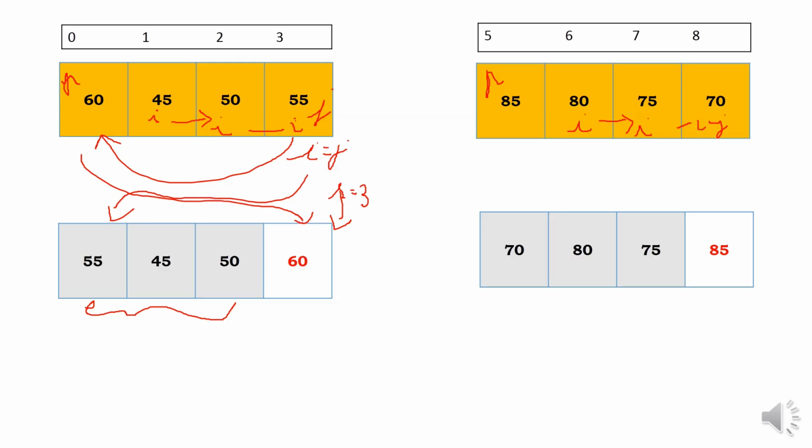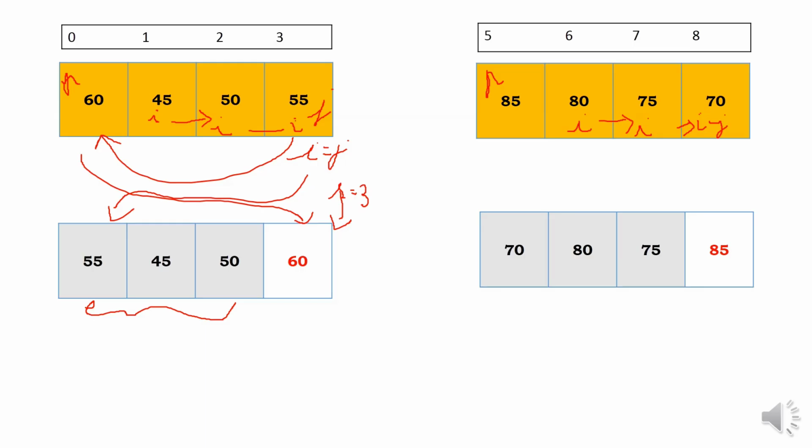i is incremented. Now i is pointing to the element 70. 70 is again less than 85. To go to the next element, we do not have any more elements after 70. So the scan stops here. So next, the element at j is compared with the element that is at p. So 70 is compared with 85. Since 70 is less than 85, we need to stop the right to left scan.